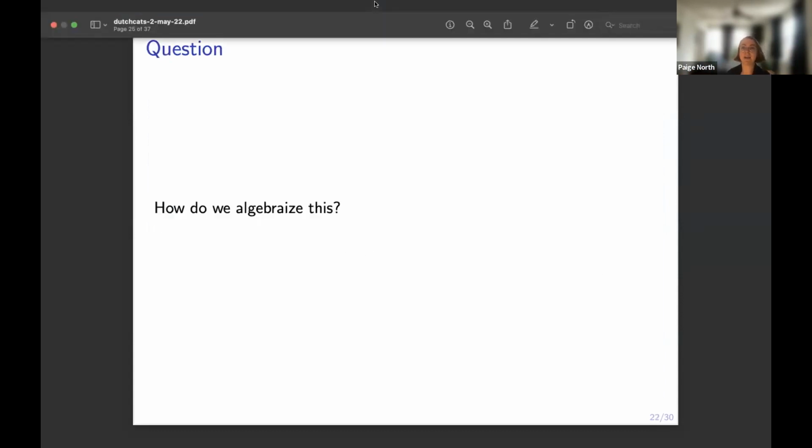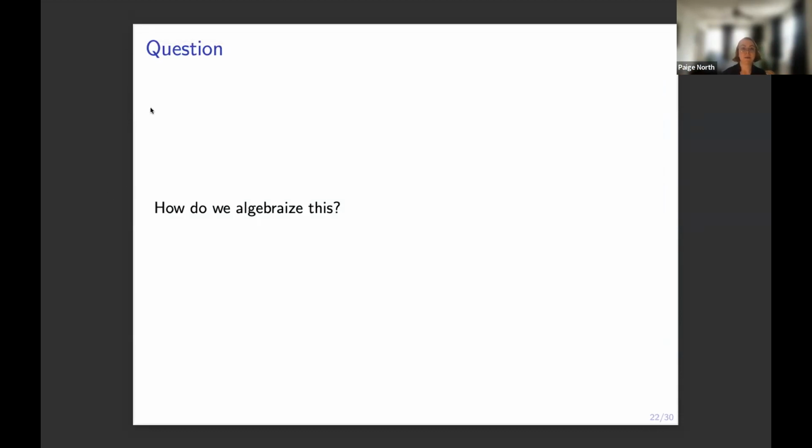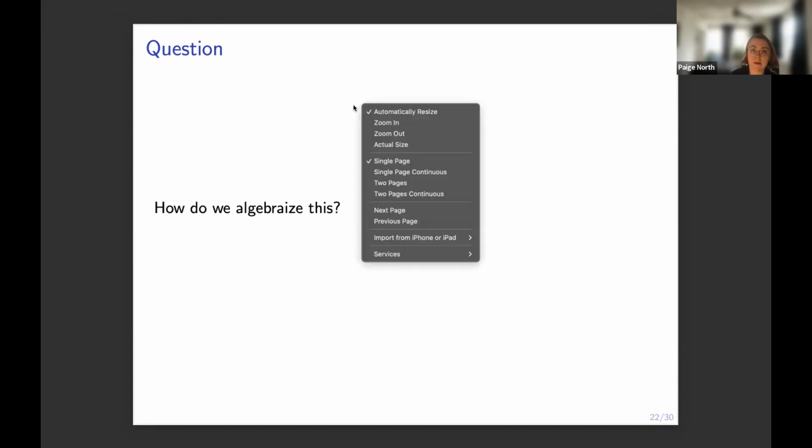All right, so that was it about two-sided weak factorization systems. Just looking at the time, okay, so some time left. And the question is now, how do we algebraicize this? I'm not sure how to pronounce this word. Some people in this workshop have been talking about algebraic weak factorization systems. And in this talk so far, I've just been talking about a generalization of the notion of weak factorization system. So of course, the question is, how do we make this more algebraic? How do we get to something like an algebraic weak factorization system?